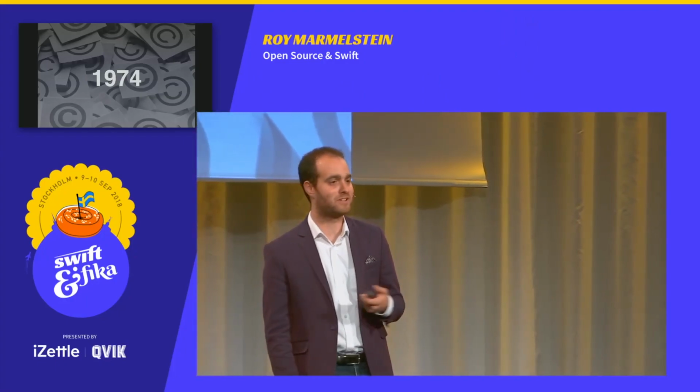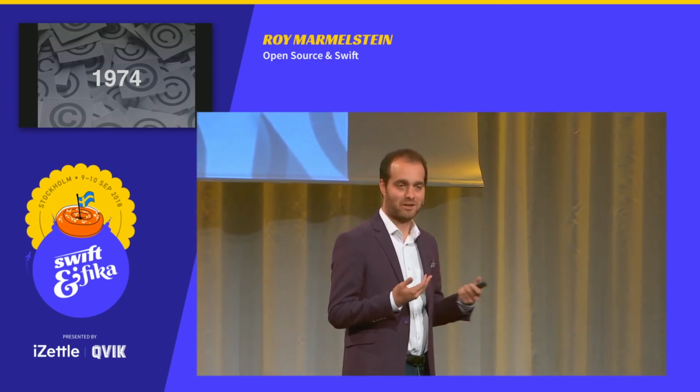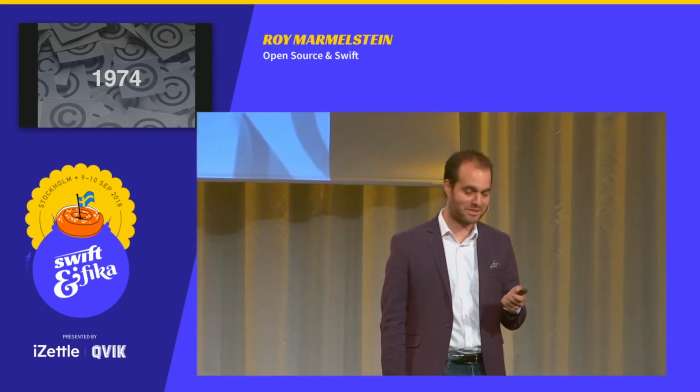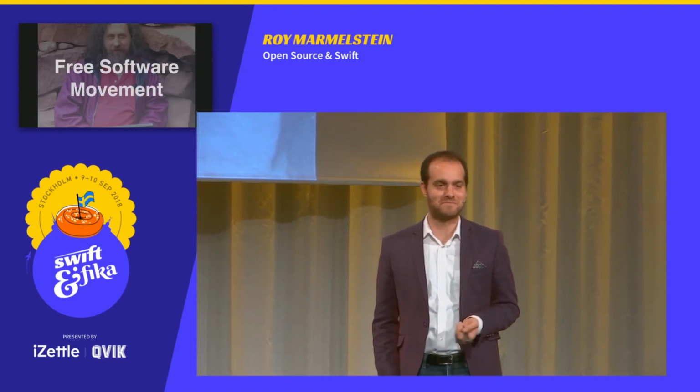So when computing started in the 50s, it was done mostly in academia, and pretty much every app was open source. If you wanted to distribute an app, you had to distribute the source code, because we didn't have really standardized hardware, and people had to modify the app in order to get it to run. This changed in 1974, when it became possible to copyright source code. And this led to the rise of a lot of the closed source companies that we know and love today.